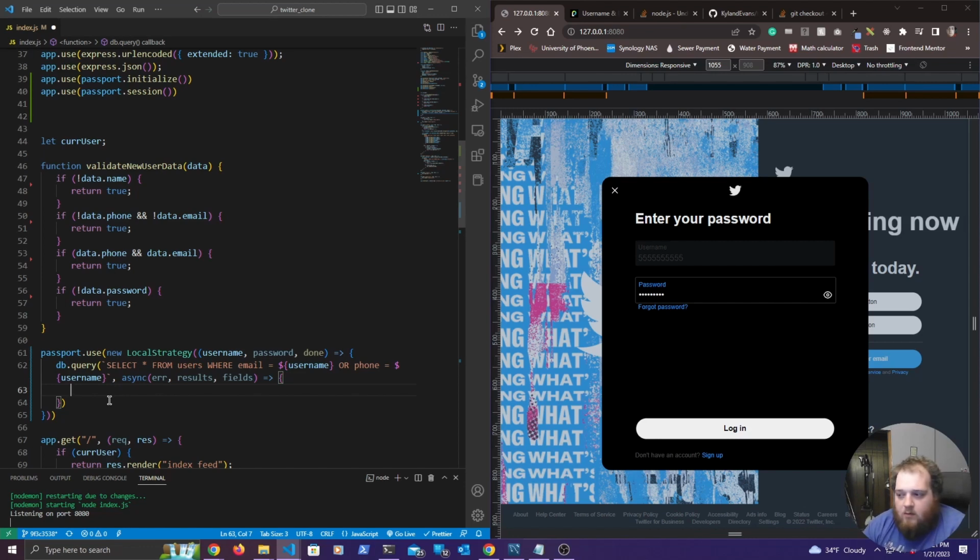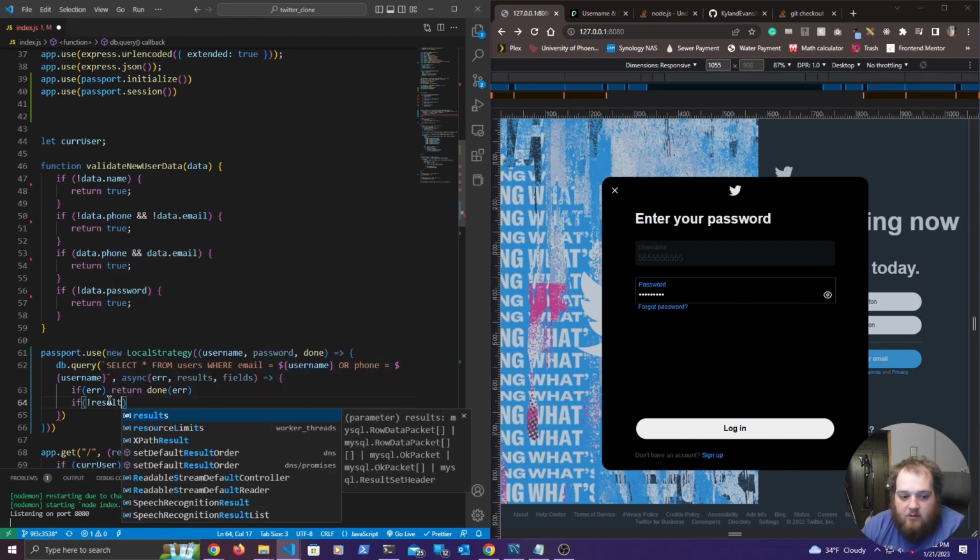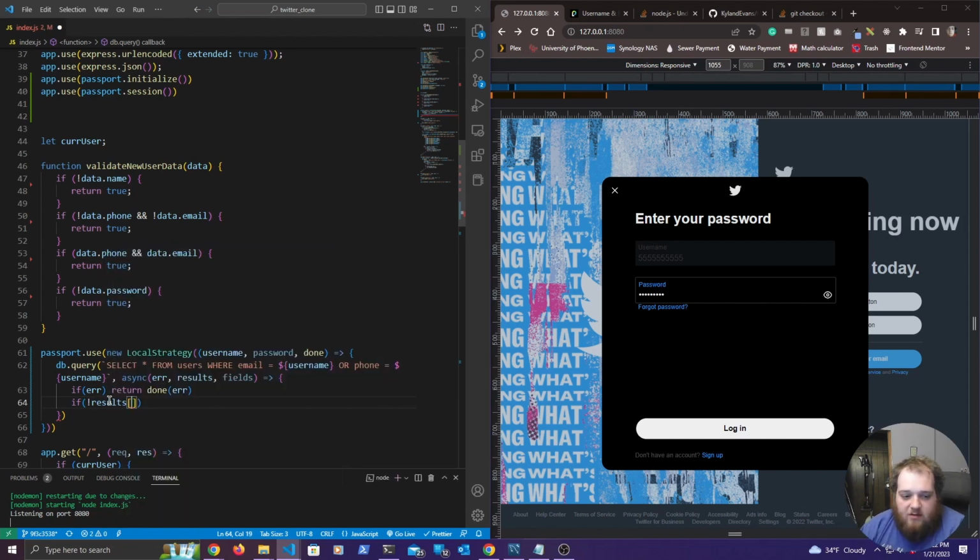So first thing we want to do is check for an error. So if there's an error, we just want to return done, passing in the error. All right. Next thing we need to do is check the results to see if we have a user that matches either the email or the phone number. So we're actually going to check if we don't have a user. So if we don't have results, and remember, this always trips me up, it returns an array. So we need to check the results at index 0 and check the ID. If we don't have results[0].id,